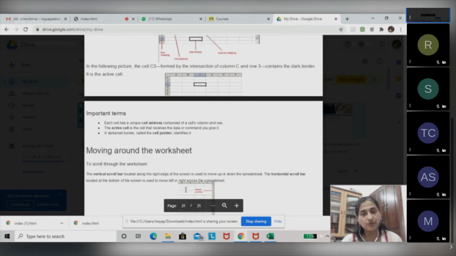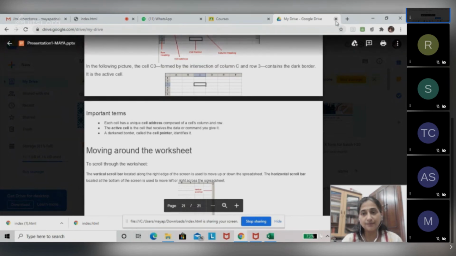So till here, you have to complete the notes. The link has been shared with you. And only this time, since people are complaining they're not able to open it, I have shared the direct PPT as well as the PDF. PDF will open for everyone. Henceforth, I'm only going to share the link to my drive. When you try to open it, I will get a message saying so-and-so person is trying to access the file. Only when I grant permission, you will get to see the content of the file